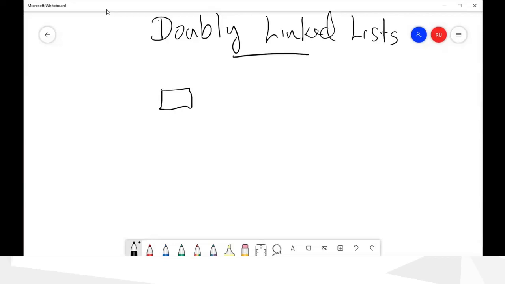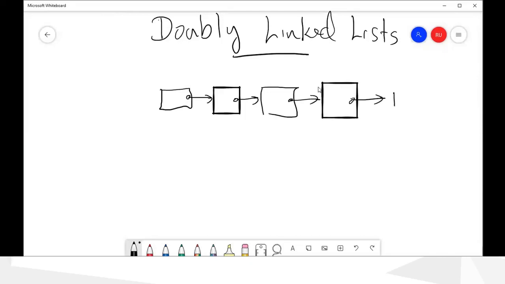In previous lectures, we discussed linked lists similar to this.